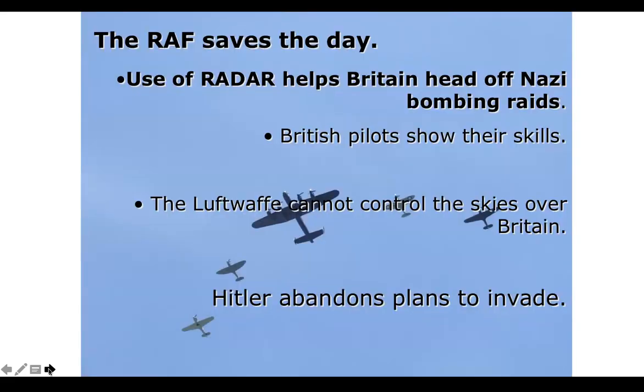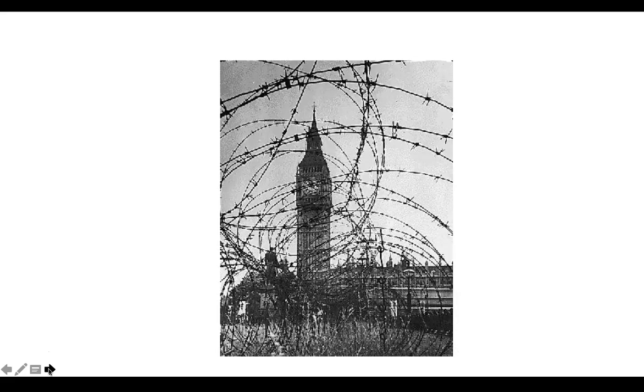Ooh, and just so you can see some pictures, maybe. Okay, so here's Big Ben, and you can see that it's covered with barbed wire, and people tried to make sure that you couldn't get close to historic landmarks and such, and they evacuated the king and queen to the countryside because they figured maybe Hitler might target some of these objects, or maybe they just might get destroyed at night.